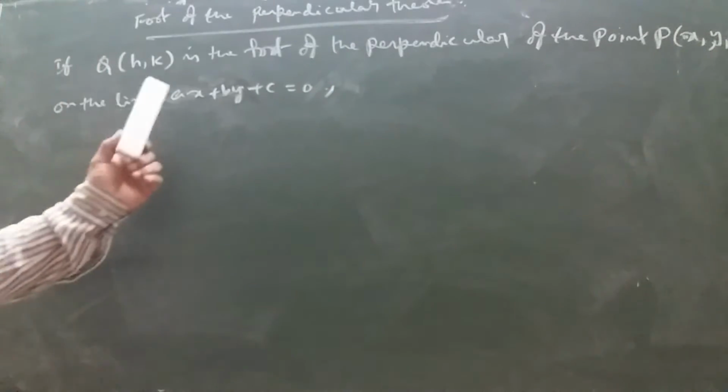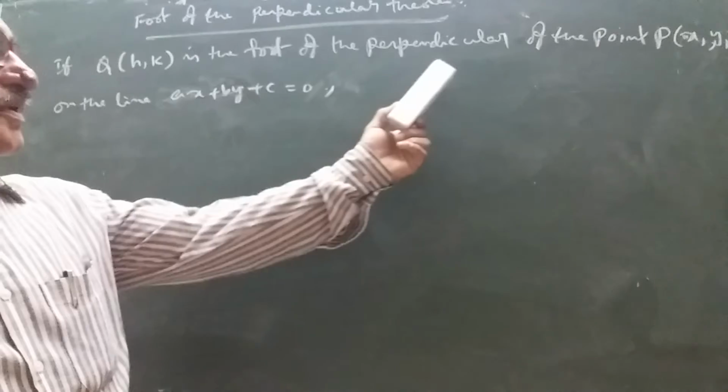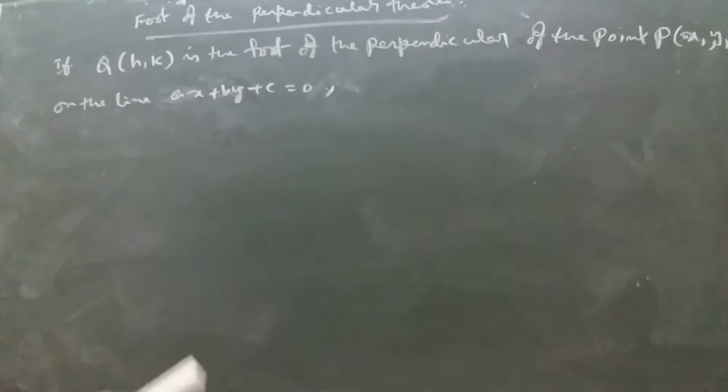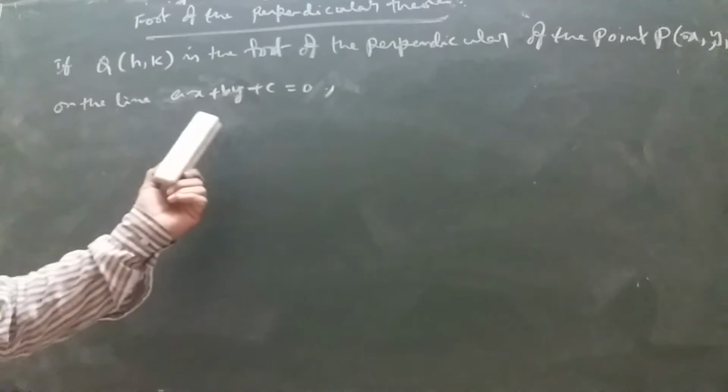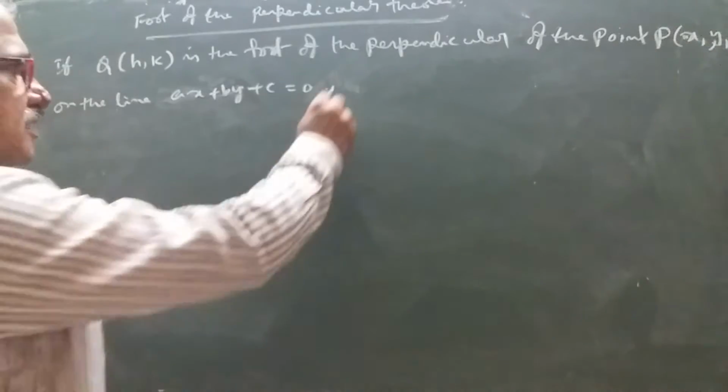If Q(h, k) is the foot of the perpendicular of the point P(x1, y1) on the line ax + by + c = 0, then